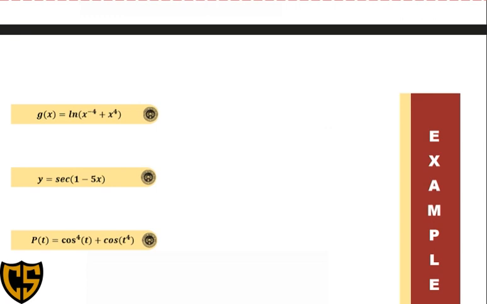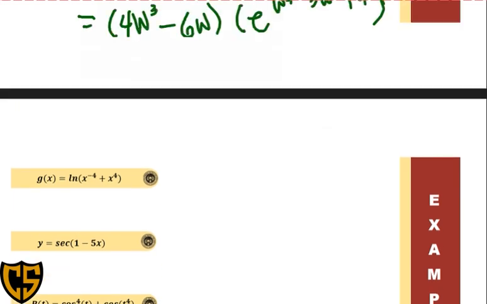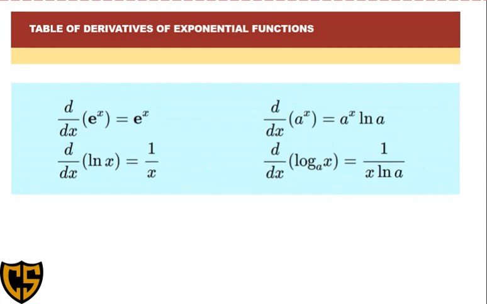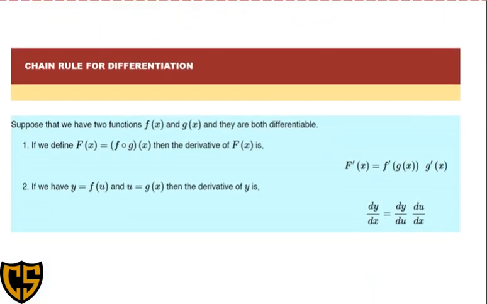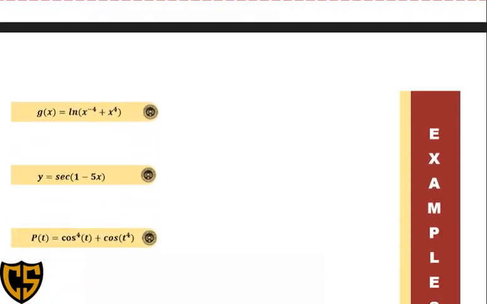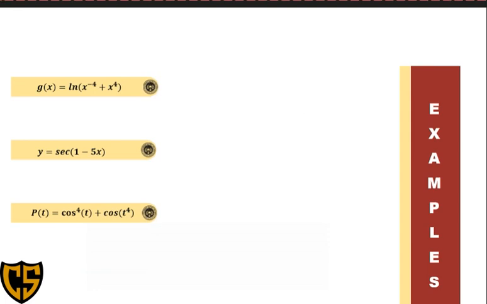Okay, for the first equation here we are given g of x is equal to ln of x raised to negative 4 plus x raised to 4. So we are going to find the derivative. Take note of the derivative of ln based sa aton nga previous nga discussions. The derivative of ln is 1 all over x. So we are going to apply sina nga concept in solving sa aton nga function, which is applying the